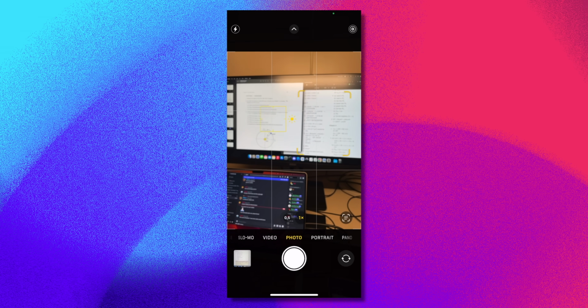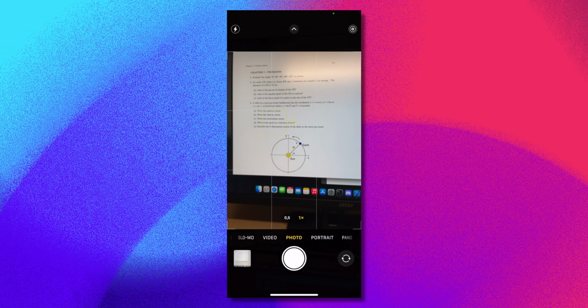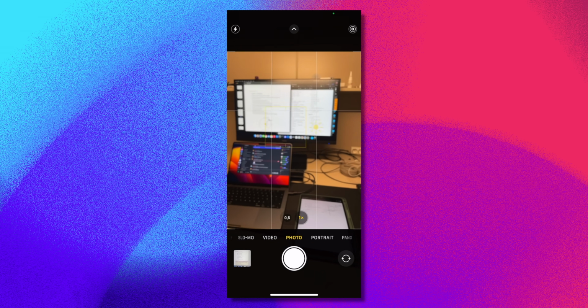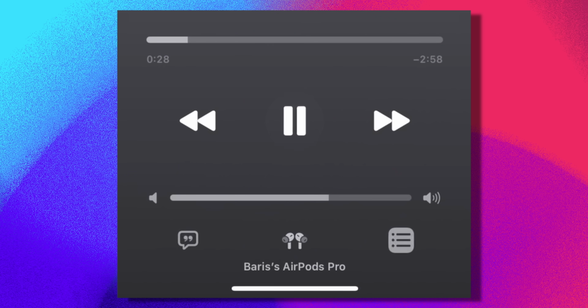But those weren't even some of the most infuriating bugs that I've been facing recently. Another user submission here is the camera not focusing. I'm really glad that one of you guys sent that in because I've been trying to record this issue for ages, but obviously it's a little hard to do because it happens very randomly, but it happens all the time. Another one that really bothers me is the music player not working. Barris sent in this video showing that it will not play, it will not pause, and none of the controls function whatsoever. This happens for me very frequently when I'm using CarPlay,